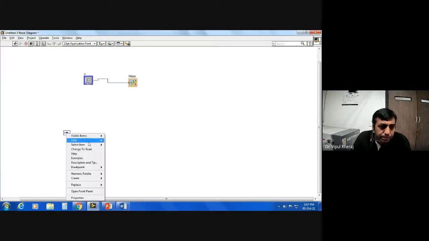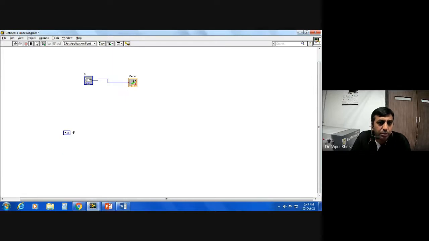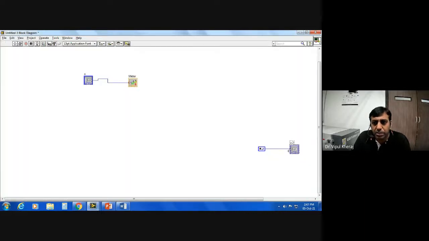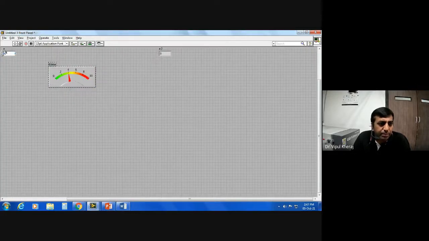I can make it change to read. Okay. So if I create an indicator here, this can be a completely different structure in a different loop or somewhere, but the data in A will simultaneously be available in this local variable as well. So whatever I feed here will also appear in this one because it is taking it from the local variable, right? So this is just like a local variable in C, which is available everywhere in the program. I can simply read the data from there.